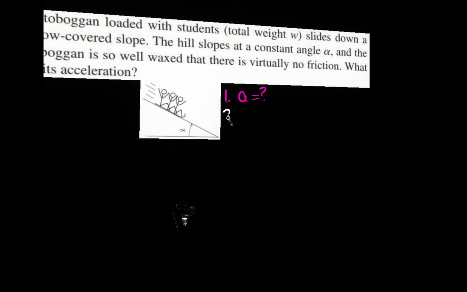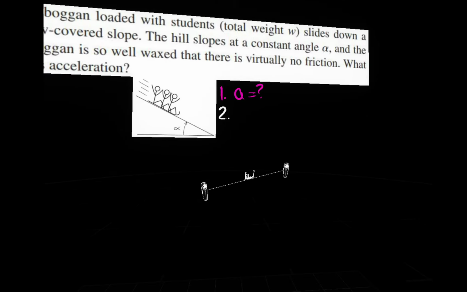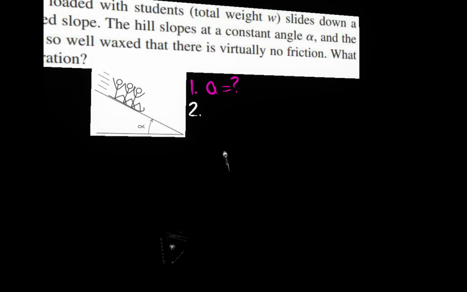It's snow covered, so I'll use white to draw our simple diagram. In this case, I probably would not draw a simplified diagram. It's pretty simple, but I'll go ahead and do it anyhow because it doesn't take too long. So this is alpha, and this is our toboggan, and it has some weight,